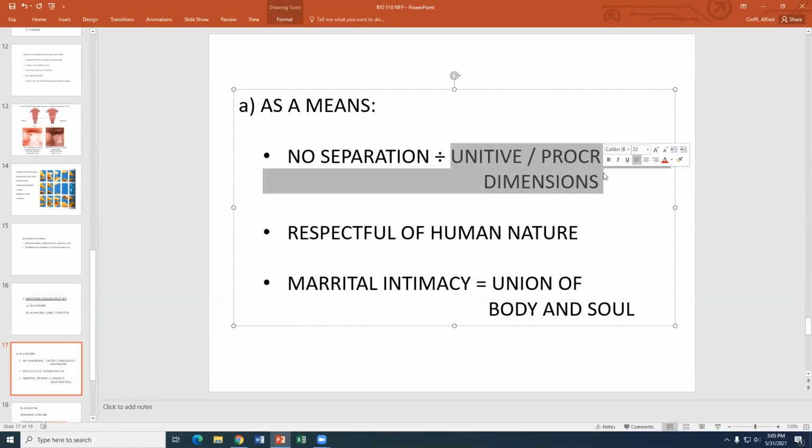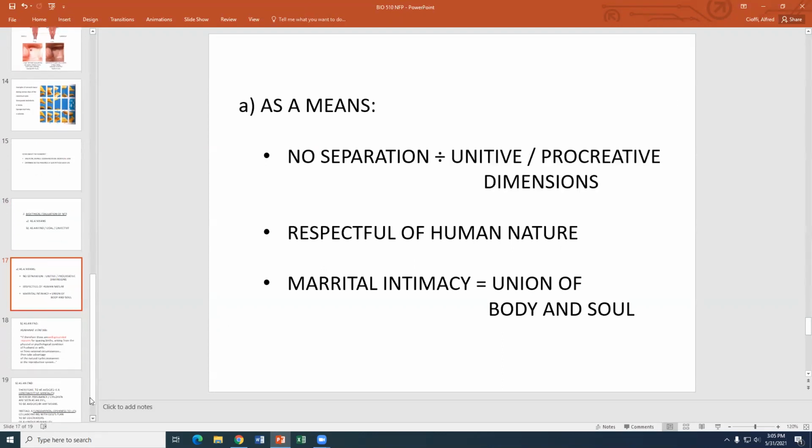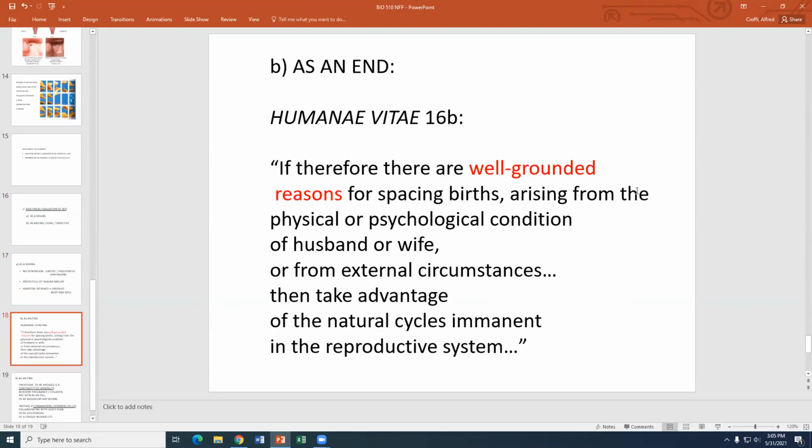So at least from the principal perspective, the means can be justified. It is respectful of human nature, etc. And so it is justifiable as a means, okay? And then as an end, I want to pick up on something I had talked about earlier in